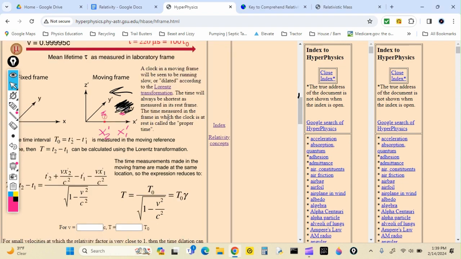The time is going to be in reference to the x2 and the x1 in the two times that exist. So there's a bunch of math. You can look at that on your own for this particular one. And let's see for V, let's see how much the time is reduced or slowed down if we're going half the speed of light.